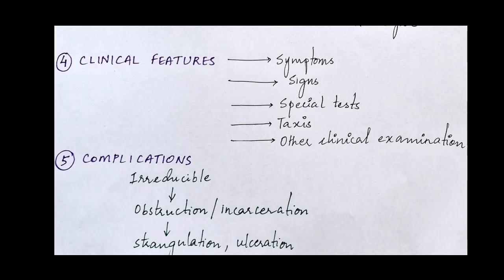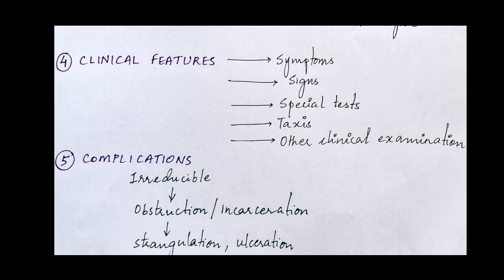Now let's come to the signs. You have to describe a hernia like any other normal swelling, including the shape, the size, the extent, the borders, and the surface. But apart from that, there are three main things that you need to mention in a hernia. First, and most important, is the reducibility. Second is the expansile cough impulse, which will be seen both on inspection and palpation. Please note that this might be absent in an irreducible hernia.